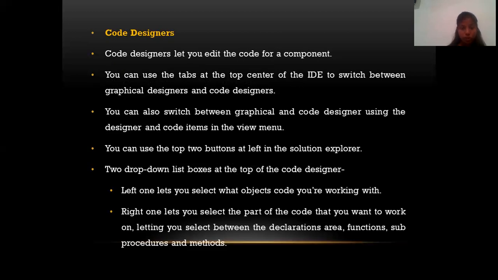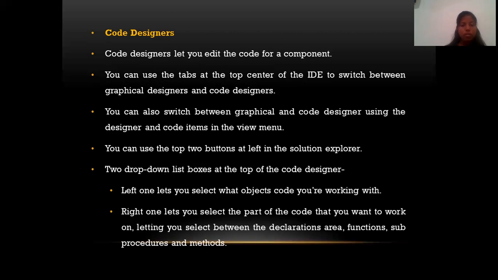By using the view menu, we can switch between graphical and code designer. You can use the top two buttons at left in the Solution Explorer for further usage.